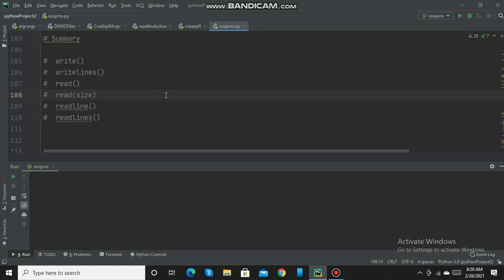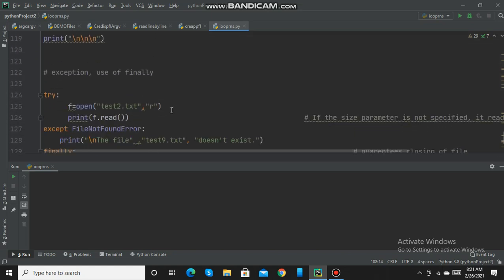Then we have the readline method. This method returns one line from the file, that is, it reads a single line of the file. Then we have the readlines method, which will return all the lines in a file in the form of a list, where each element is a line in the file.